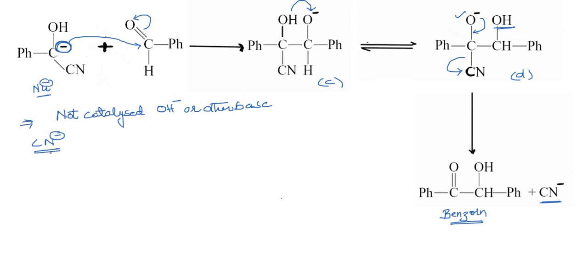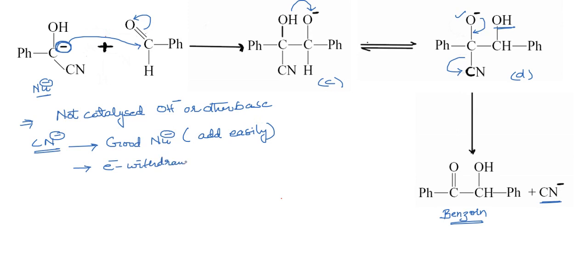So why are we using the CN minus ion? First thing, it is a good nucleophile. First important thing is that it acts as a good nucleophile here. So अगर ये good nucleophile होगा तो क्या होगा? It is added easily into the reaction. That's why we are using this KCN, alcoholic KCN, for benzoin condensation. Another thing is that it is an electron withdrawing group. CN is an electron withdrawing group.